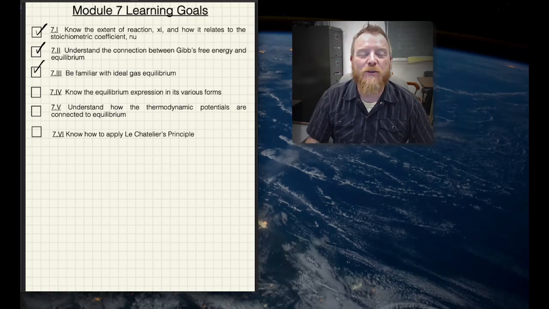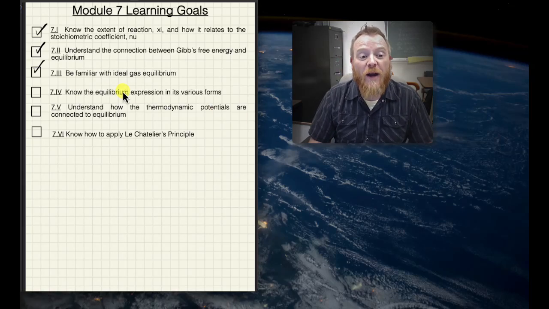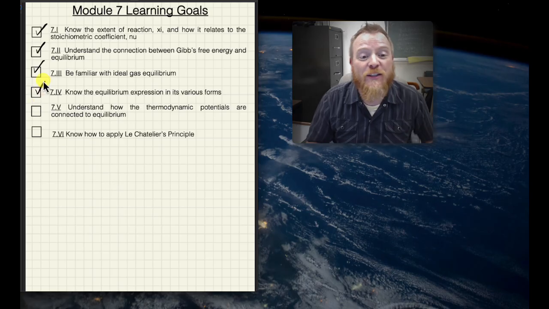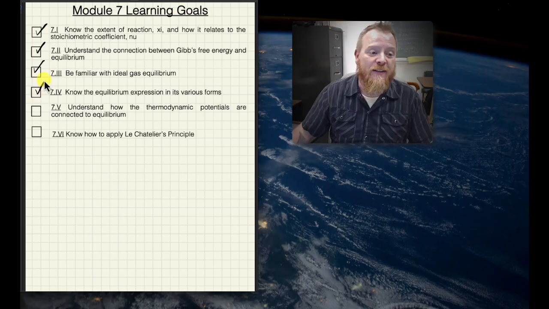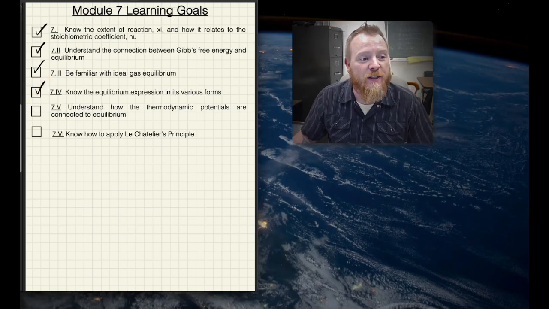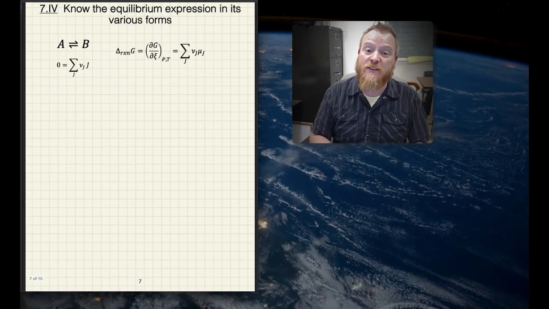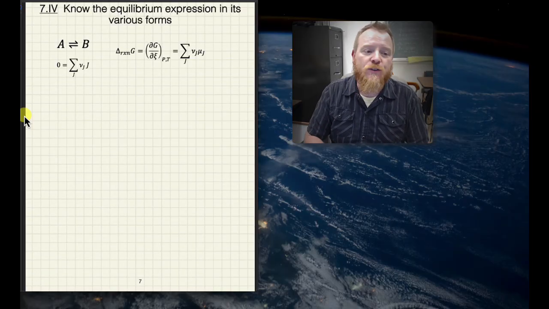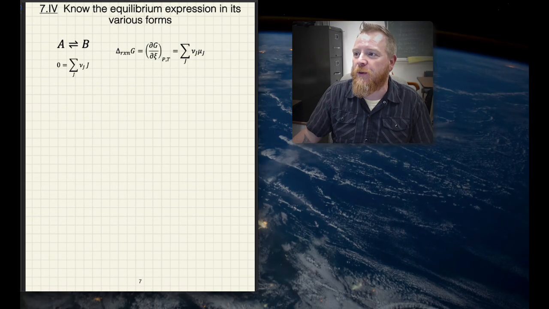All right, my chemistry students, moving right along, we're now going to get into the equilibrium expression, and we're going to look at it in several different forms. Some of this should be familiar, and some of this should be new. So going back to our simple equilibrium between an A and a B,